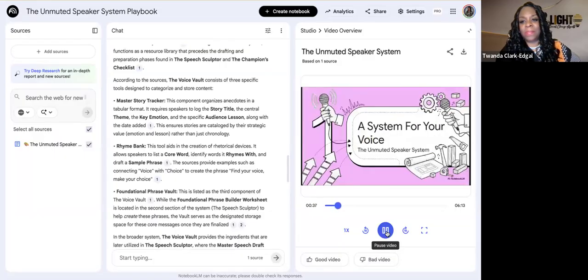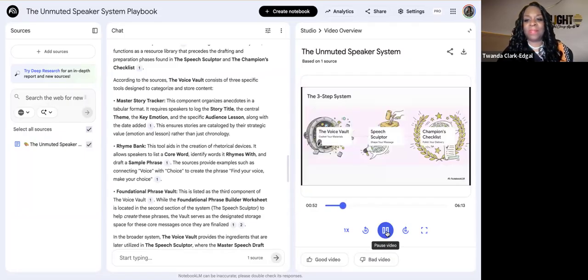And that's exactly where the Unmuted Speaker System comes in. The best way to think about it is like an artisan's toolkit. It's this structured three-part process that gives you the confidence to build a speech from the ground up, piece by incredible piece. So here's how it breaks down. It's just three core steps. First, we have the Voice Vault. This is all about gathering your raw materials. Next,